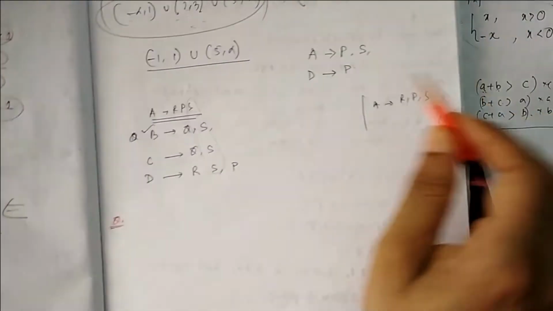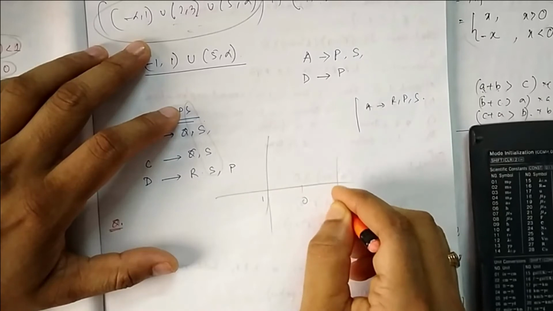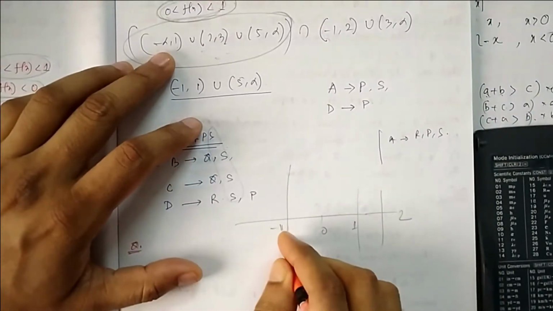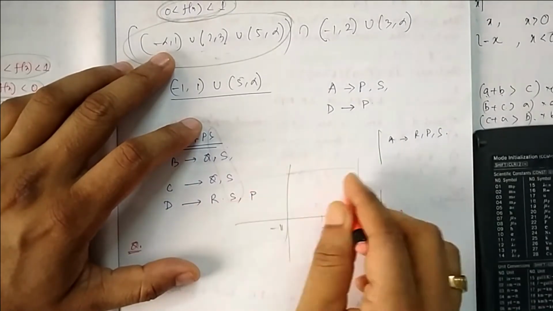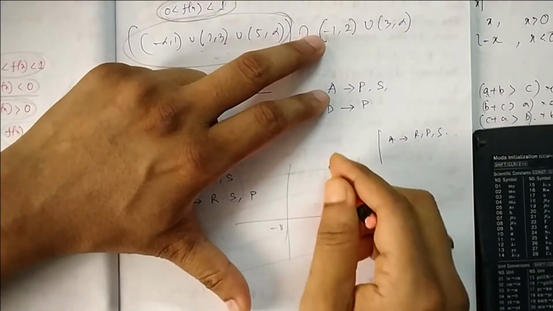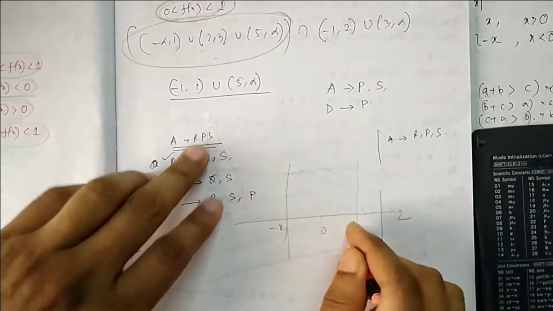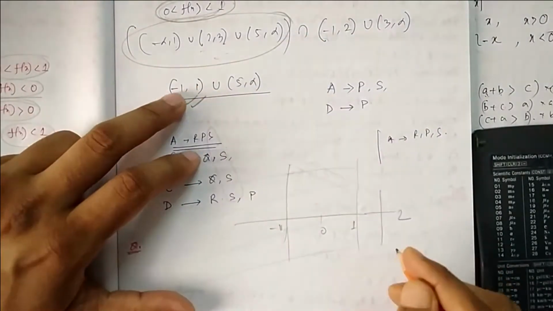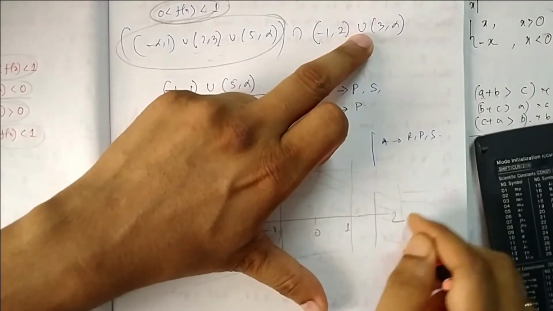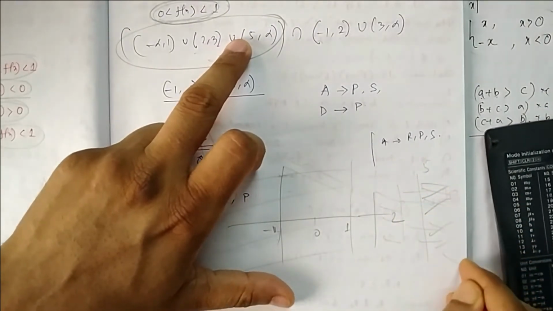Now you can check from here, minus infinity to 1. If you draw it here, suppose this is 0, this was your 1, this is your minus 1, and this is 2, suppose. So one is saying minus infinity to 1, up to this much, and the other is saying minus 1 to 2. So the common area is this one, minus 1 to 1. And on the upper side, one is saying 2 to 3, and 3 to infinity, and another one is saying 5 to infinity. So 5 to infinity is common, you can see. So it will be 5 to infinity.